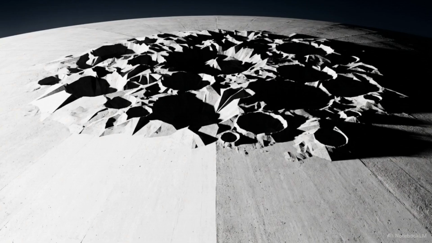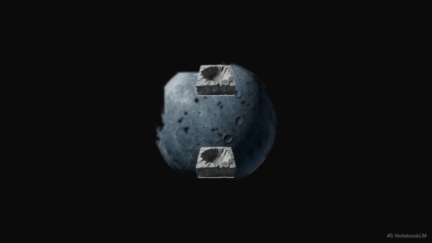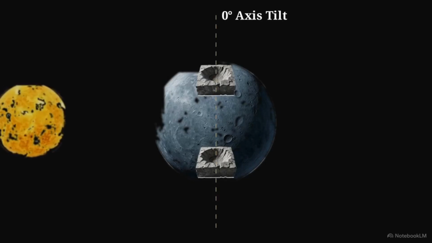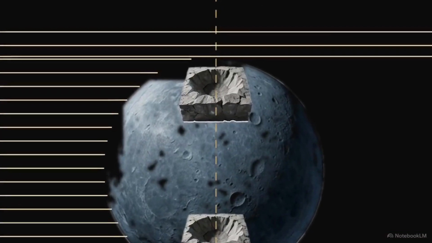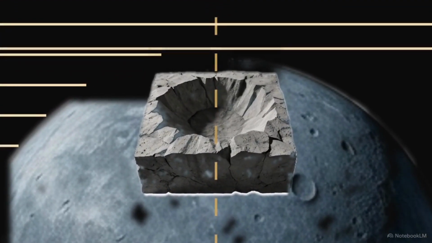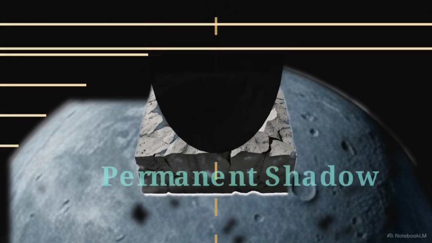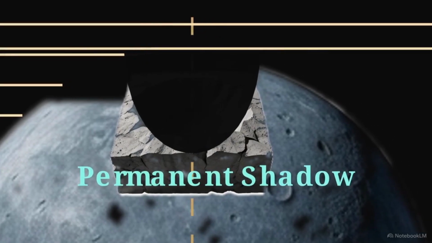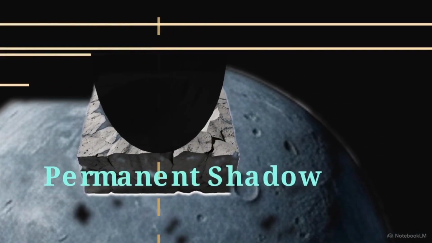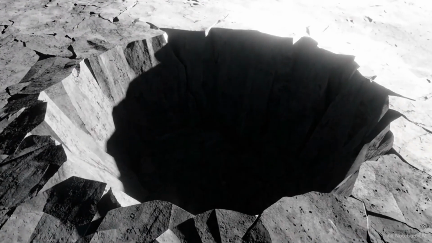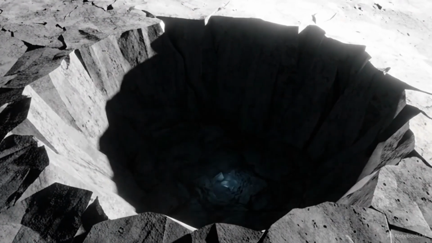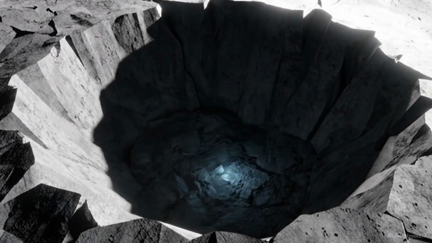Moving away from the extreme heat of the equator, the geography near the poles reveals the final and most striking anomaly. This schematic demonstrates Mercury's perfect 0-degree planetary tilt relative to incoming horizontal solar rays. Because there is no tilt, the Sun never rises high in the polar sky. Shadows stretch completely across the surface, leaving deep crater bottoms entirely untouched by sunlight. Descending into these permanent shadows reveals pitch-black depths that have not absorbed a single photon in billions of years.